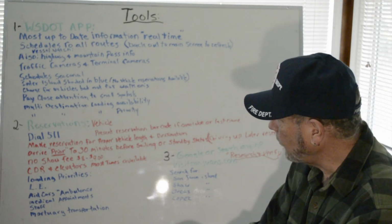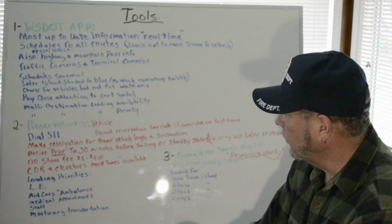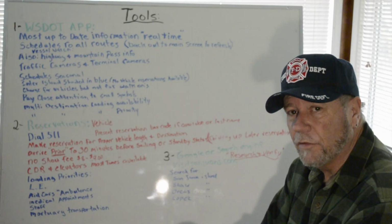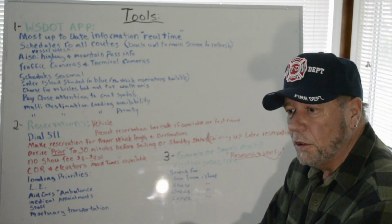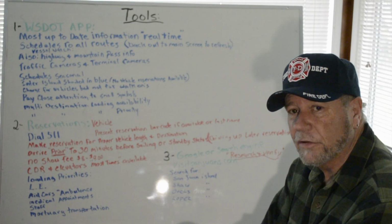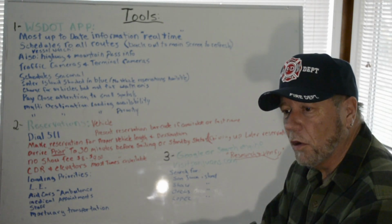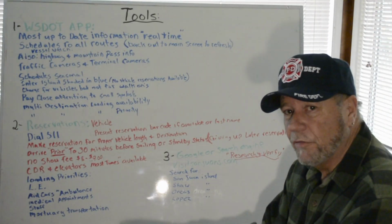Anyway, we'll go ahead and move on to number 2, which is reservations, vehicle reservations. You don't need a reservation to walk on the ferry. However, in the summertime, there are limits of walk-on passengers. Generally, this last summer, it was about 350. We have to count the walk-on passengers with the amount of passengers that are in vehicles